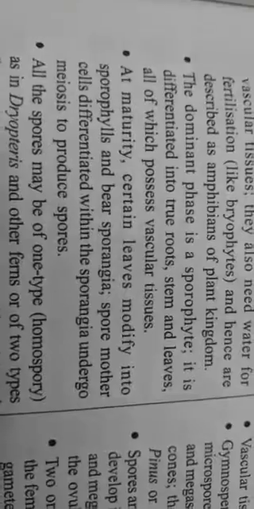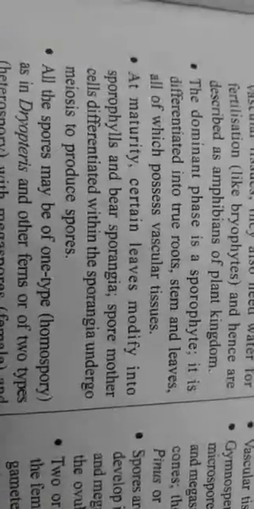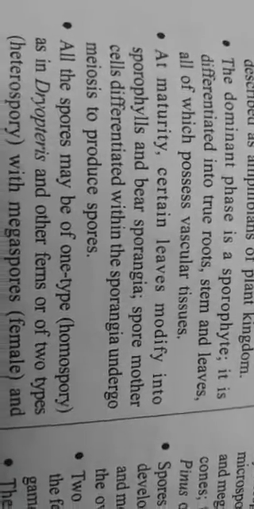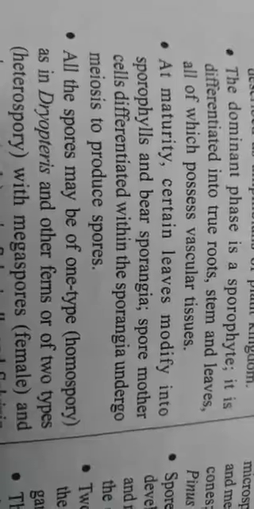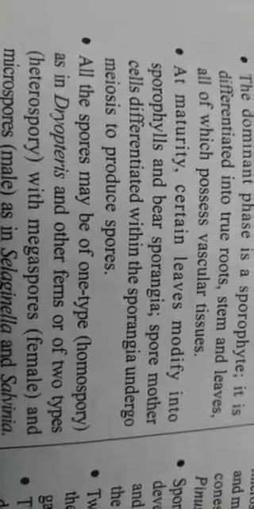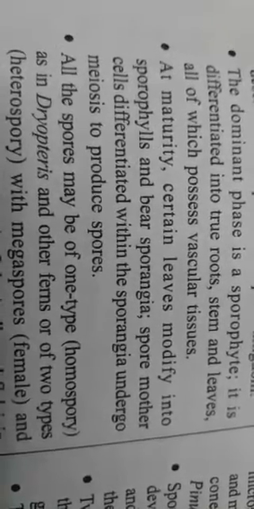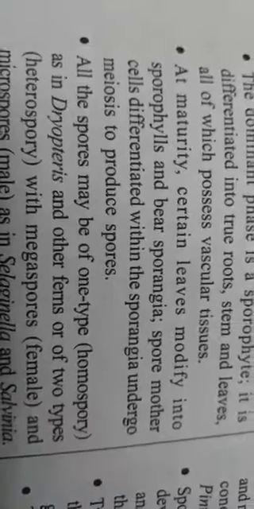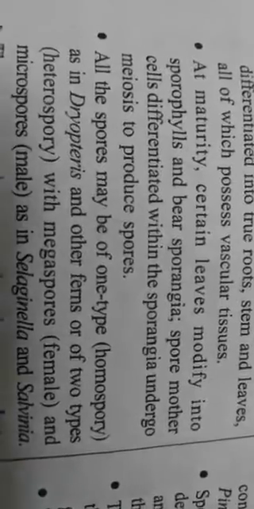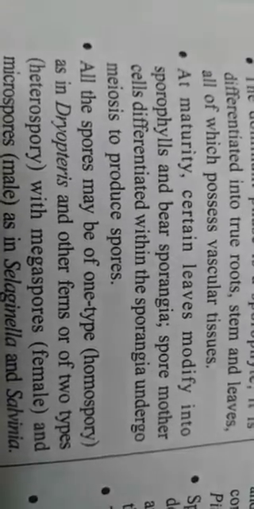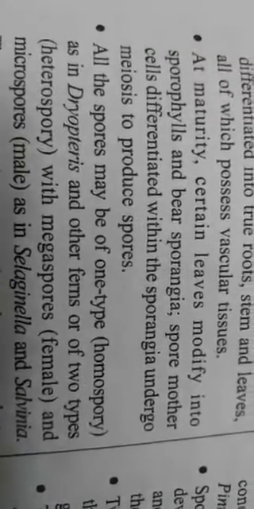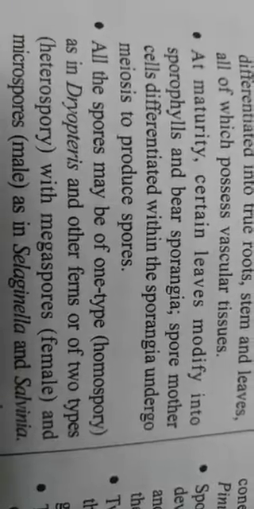Now why is this word true written? I already told you that in bryophytes they have only root, stem and leaf-like structures. That's why I give more stress on the word true. But in this case you will have the true root, stem and leaves. Now actually the root, stem and leaves have formed. Remember this thing. And they all have vascular tissue. And at maturity, some of the leaves will get modified into sporophylls. Sporophylls means at the back of the leaf you will have certain structures in which spores are formed, and we call them sporangia.